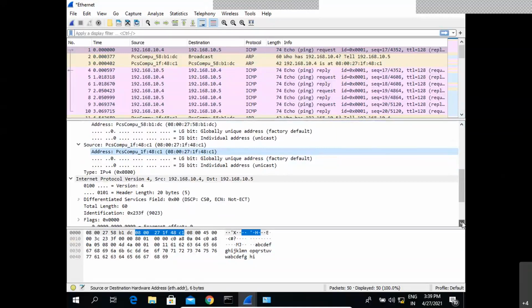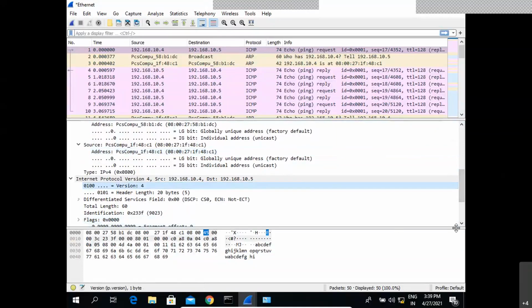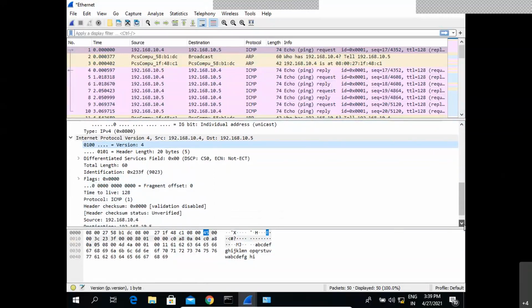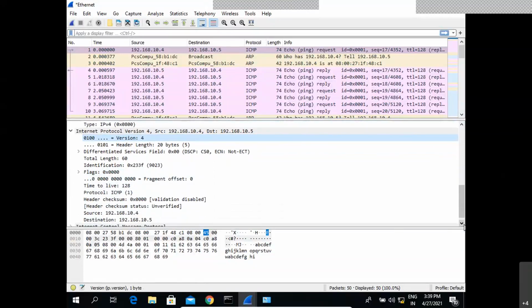One is the destination MAC address, the other one is the source MAC address, and we can also see a link to the above layer. Now in this particular packet, we can see it is of type IPv4. That means this packet also has some connection to the above layer, that is the network layer, with some IP related communication, right? So this is how we can visualize the TCP/IP communication using Wireshark.